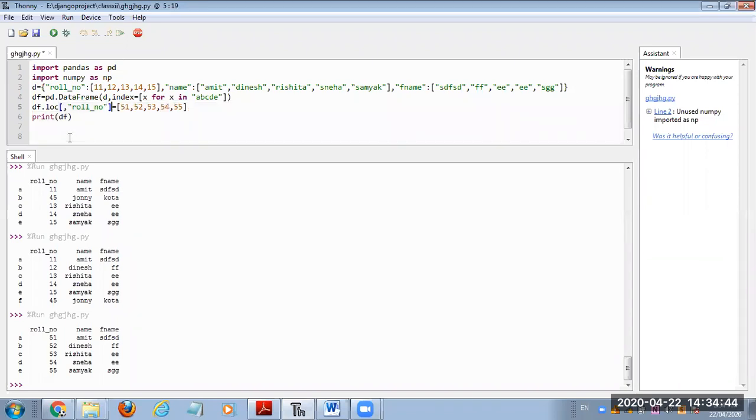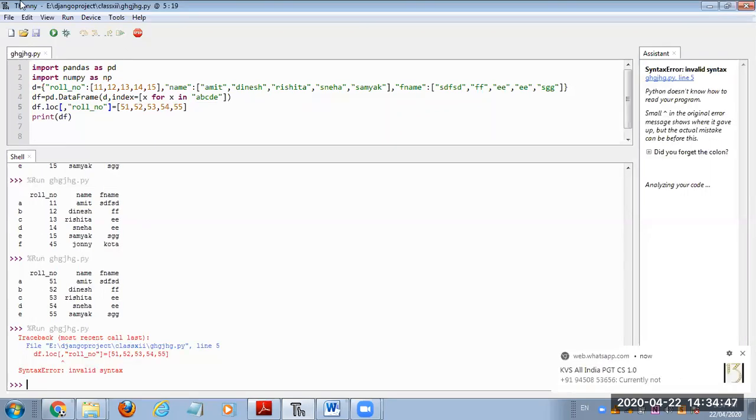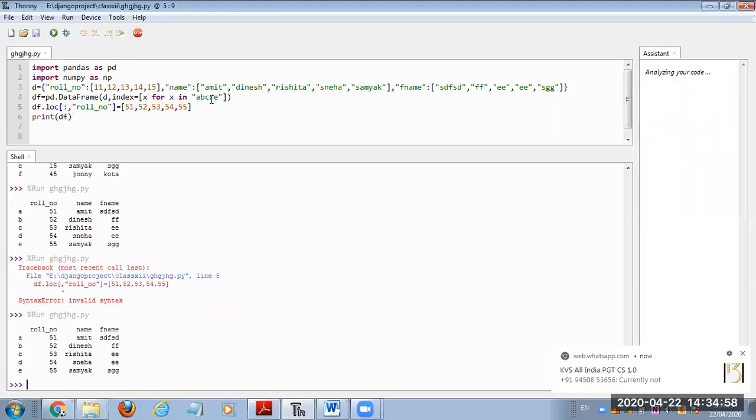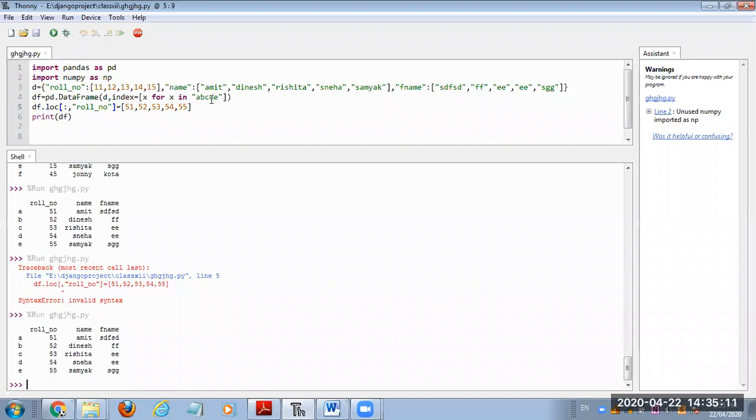I think it should work. Let's see. There is an error. Let's provide a colon here. Okay, now it's working. It applies 51, 52, 53, 54, 55 to the roll number column. Colon means all the row indexes are included, and then the particular column, roll number. So with the help of the loc function, we can change the entire column also.